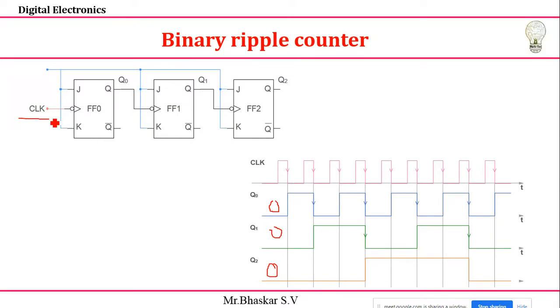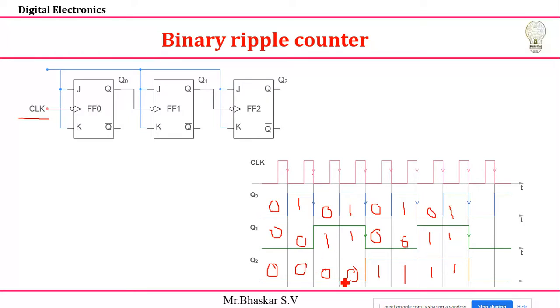I'm looking for this condition for the main clock. Next negative edge, see the value. What is the value there? The values here are 0 0 1. For the next negative edge, what happens? The value becomes 0 1 0. Next 0 1 1. Next 1 0 0. Next, because of high, 1 0 1. Next this one is 1 1 0. Next it is 1 1 1.